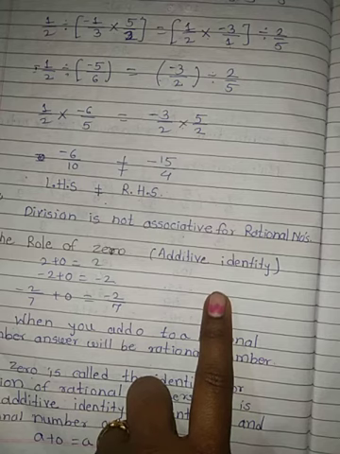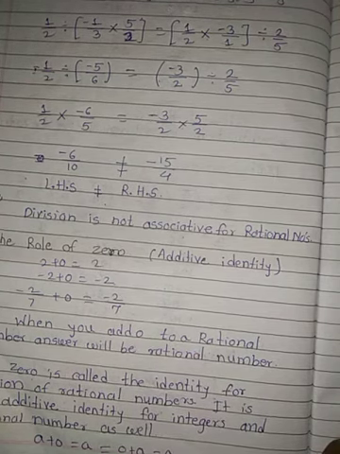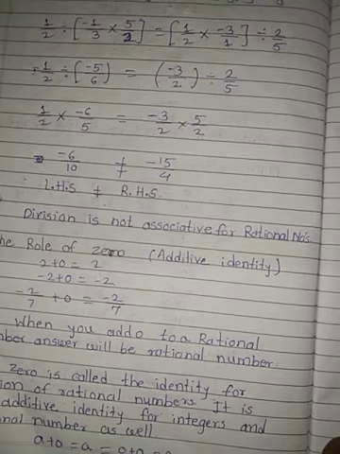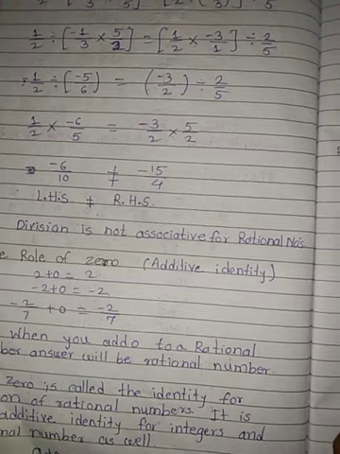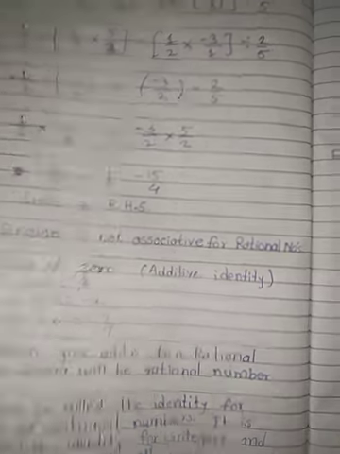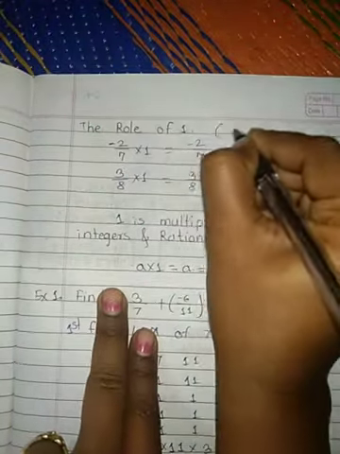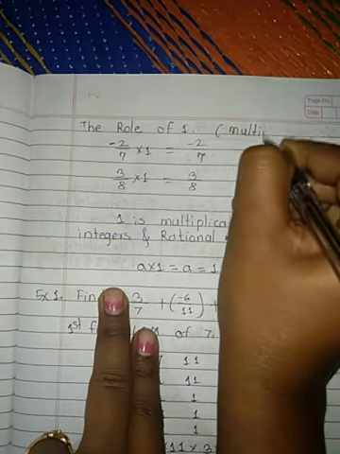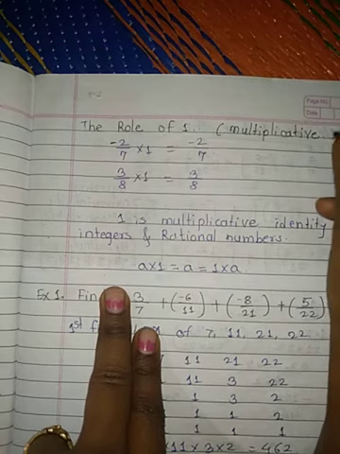Fill in the blanks, it will come additive identity. Or if we are adding 0 to any rational number, then answer will be the rational number itself. We call it dash dash dash, that is additive identity. Okay, now same as additive identity, multiplicative identity will also be there. So that multiplicative identity, that is nothing but 1. Okay, I forgot to write multiplicative identity.